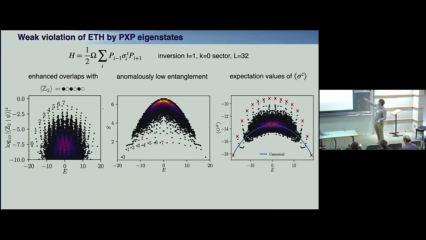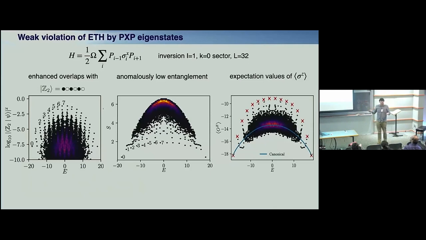Right? So we see that these outliers are as far as possible from canonical prediction, whereas the majority of states concentrate here. And if I increase my system size, these fluctuations would become weaker and weaker, and these 7 states in this particular case are actually the same ones responsible for the Néel dynamics, because when you compute overlaps of these eigenstates with the Néel initial product state, you see that these overlaps are large. So these are the dominant states that determine my dynamics, and you see that the energies are approximately equidistant.